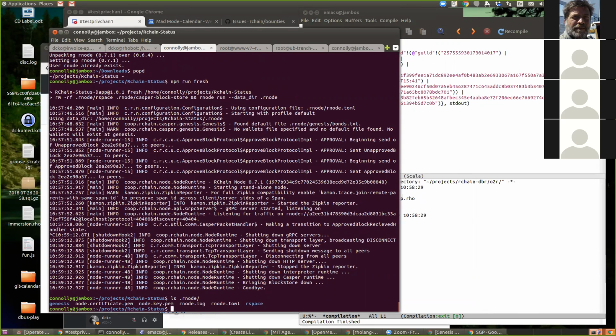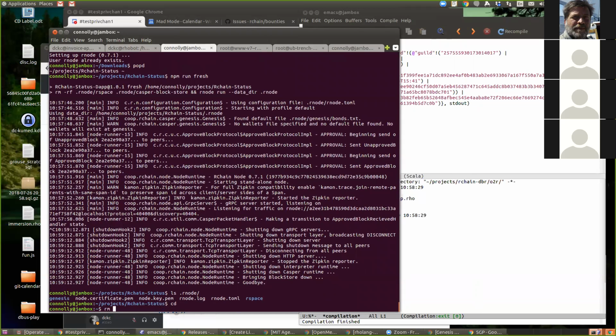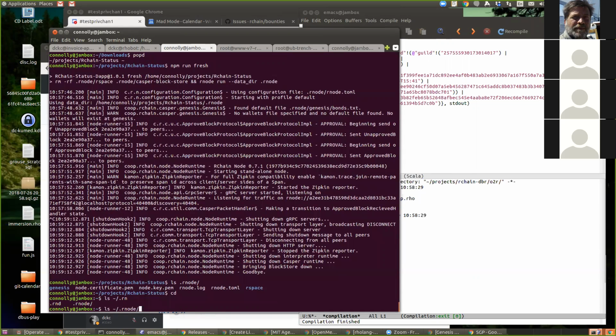I don't know. Maybe I can not do that. Why don't you remove R space and... I'll just not use the fresh thingy. It's really convenient, but